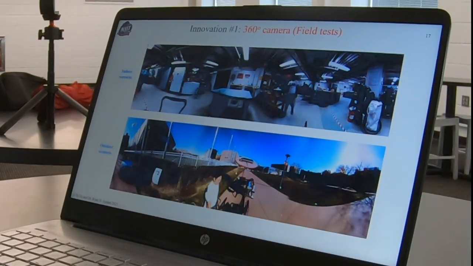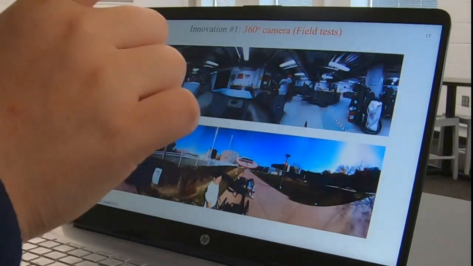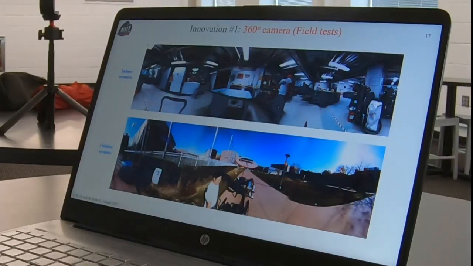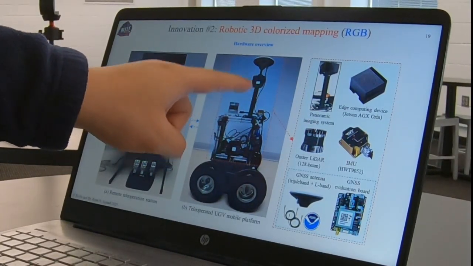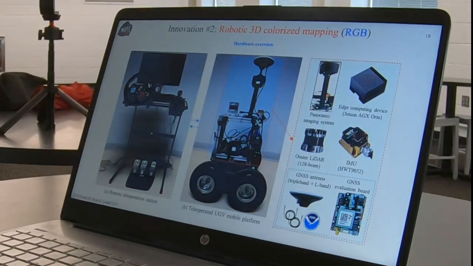The other thing is this one has much less distortion, but this system can also produce the panorama in different projections, such as the spherical projection. If it's spherical projection and then you spread it out, there's going to be a lot of distortion in the view. So based on that, you can see somewhere in the middle, this is going to be one part of the robotic 3D mapping system.